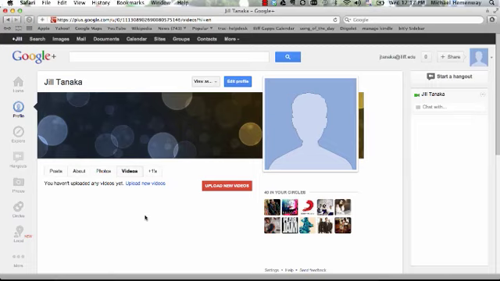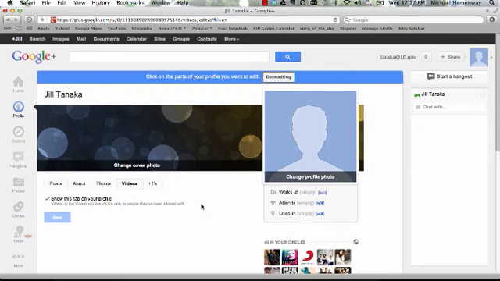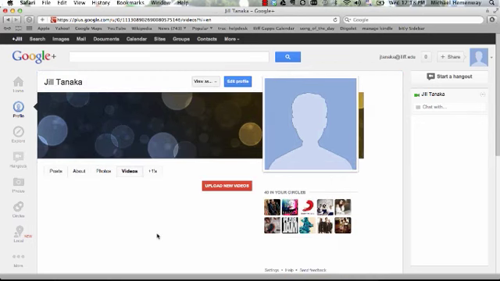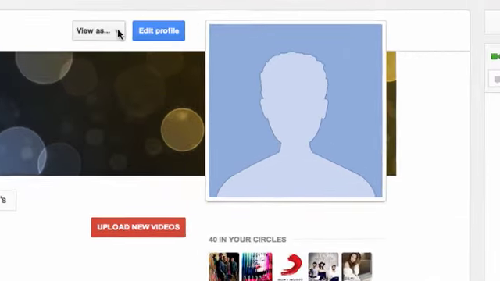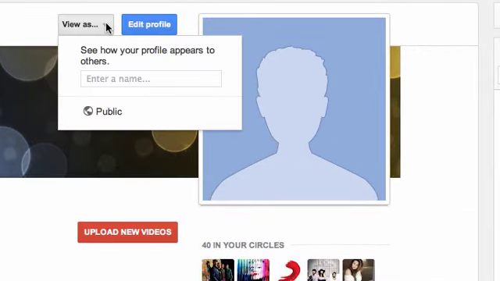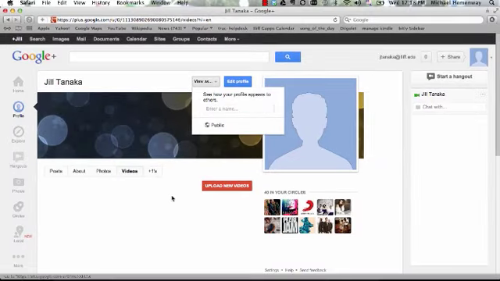Once you're done setting up your profile, you just click Done. So if I'm editing my profile and I've added a bunch of things, I click Done Editing. Then it will save all that in your profile, and that will be visible to whomever you've set it to be visible. There's also this View As option. You can see what a particular person would see in your profile,